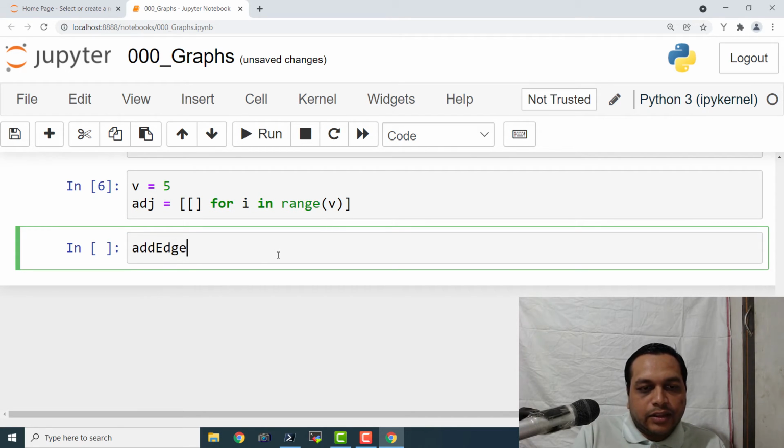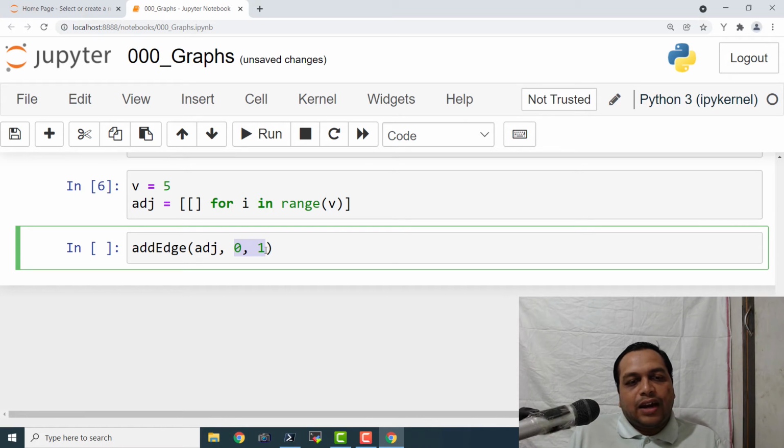Add edge, adj. So we are passing that empty adjacency matrix. So it is empty for the first execution and then it is going to be filled. Okay. So we are passing the address of the source and the destination and the adjacency matrix. Then it is going to fill up that particular part of the adjacency matrix by creating an edge.